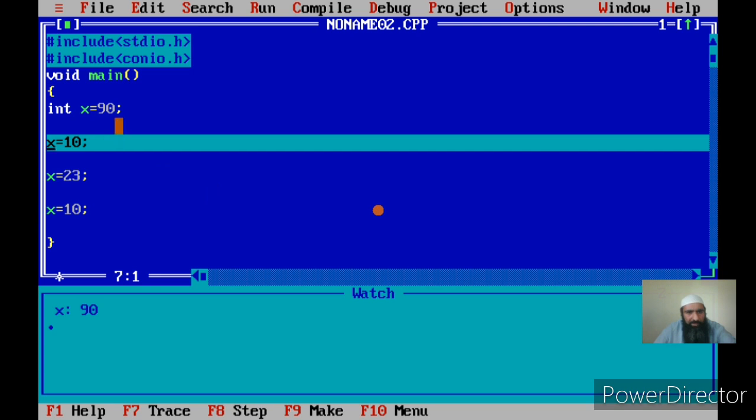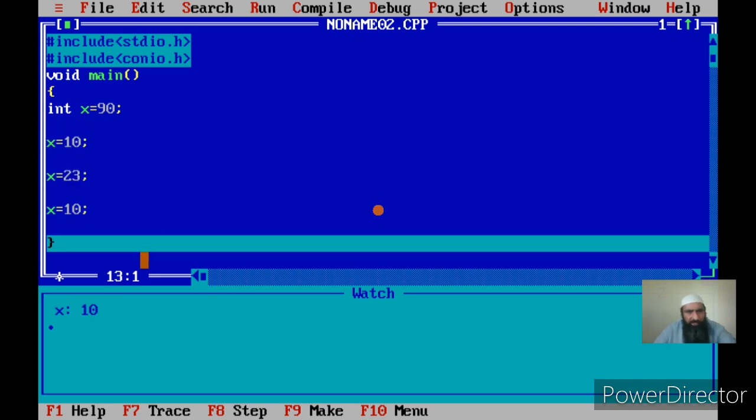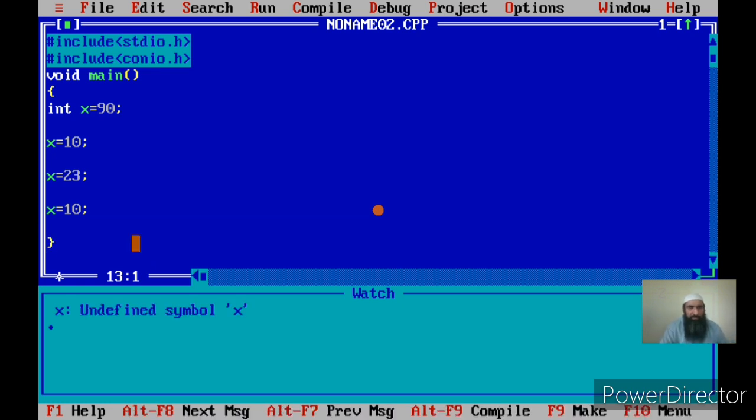See, now x becomes 90 at the point of declaration. Once I move to the next step after the declarative statement, the value of x is already assigned to 90. After this, as usual, it will become 10, it will become 23, it will become 10 again. So the contents of memory locations are continuously changing.